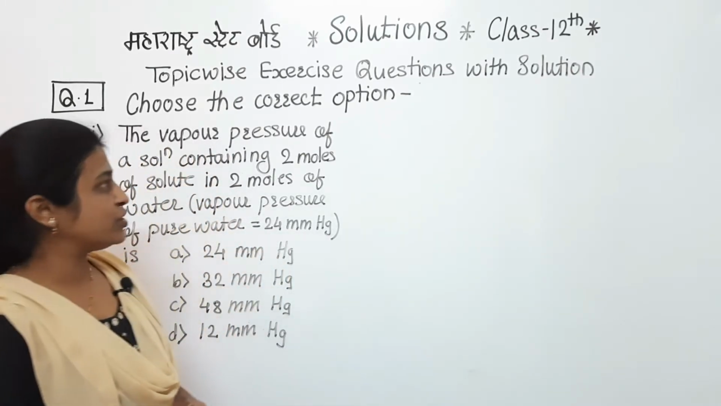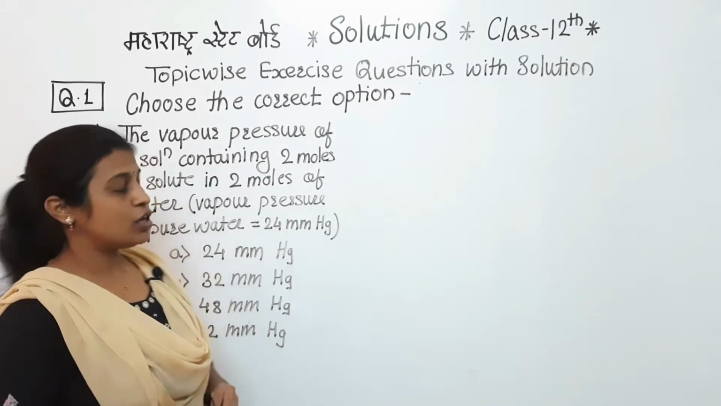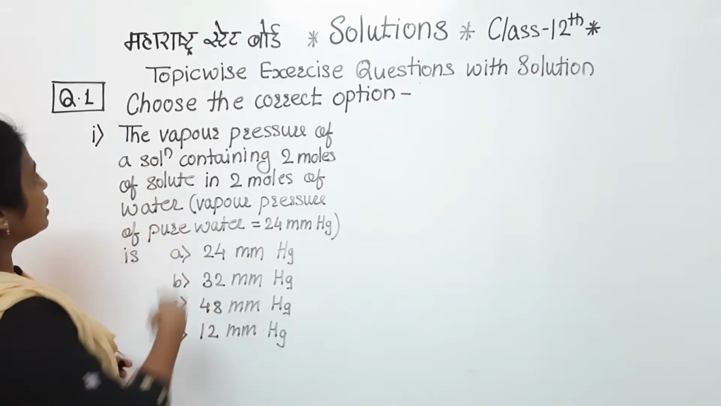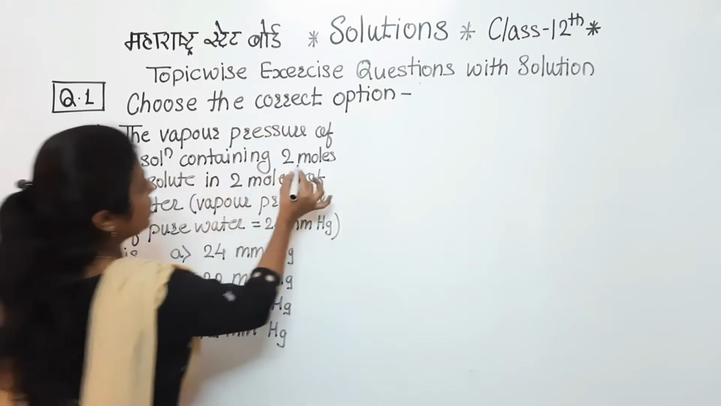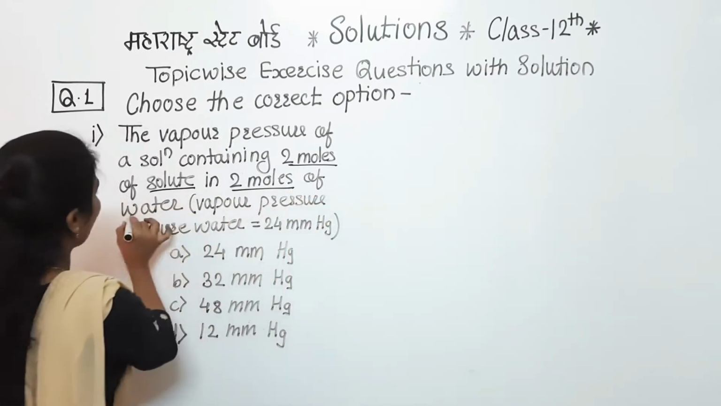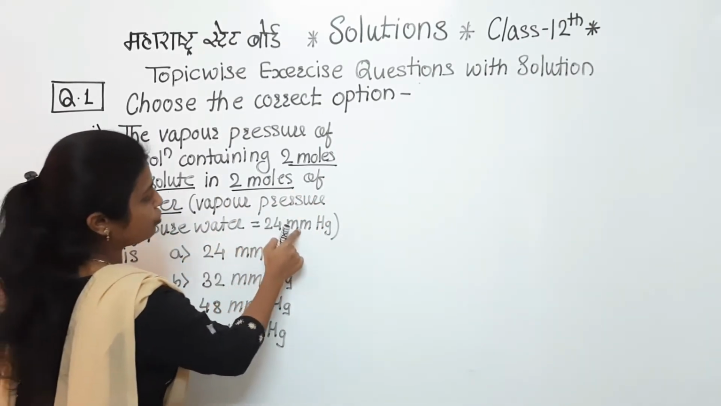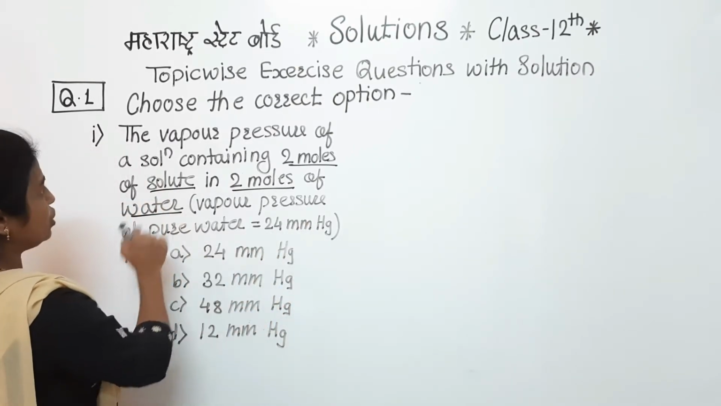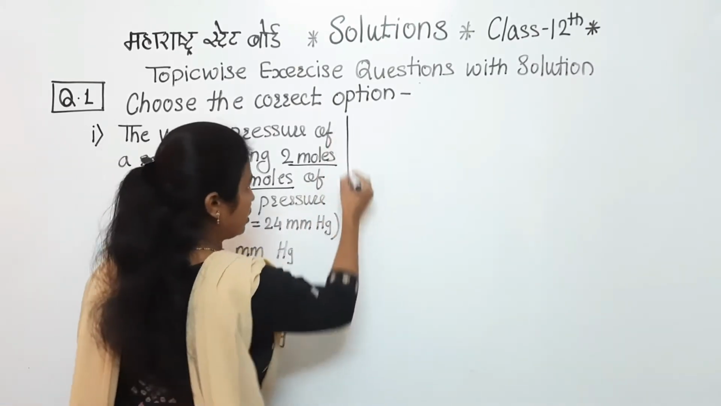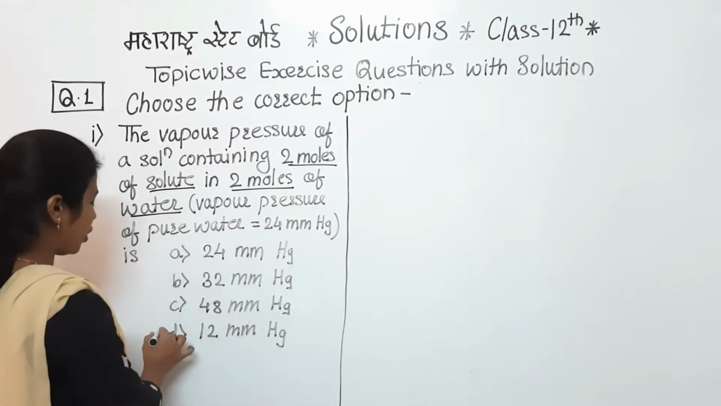Now see the first question. The first question, as usual, is to choose the correct option, meaning MCQ is there. So which one is that? Now see here. The vapor pressure of a solution containing 2 moles of solute in 2 moles of water, vapor pressure of pure water is equal to 24 mm Hg, is. So here what we have to find out? If we simply consider it as an MCQ, we just have to tick, and I will tell you the answer is option